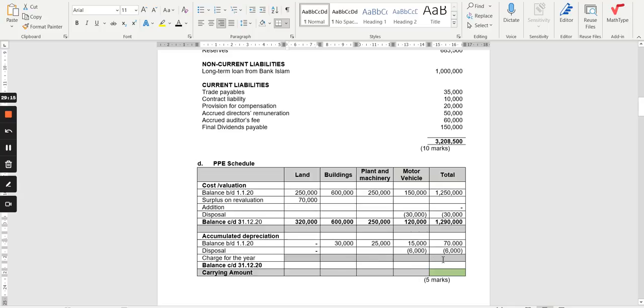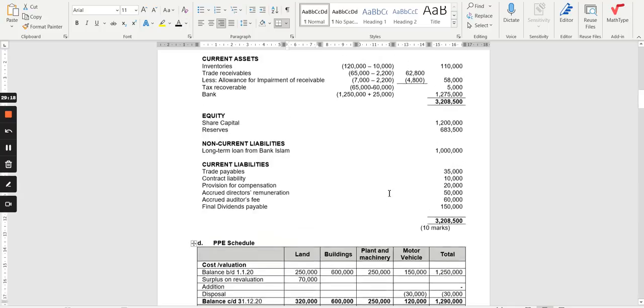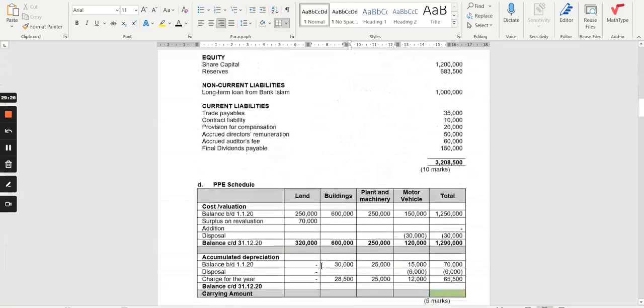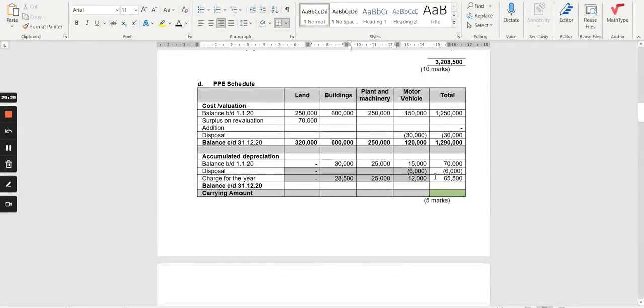Charge for the year refers to the depreciation. Just copy and paste those depreciation that you earlier calculated here. This figure. Okay, this the figure here. And the total figure should be 65,500. The carrying value, the accumulated depreciation figure at the end of the year is 58,500, 50,000, 21,000 respectively. And this is the carrying amount, which is 90